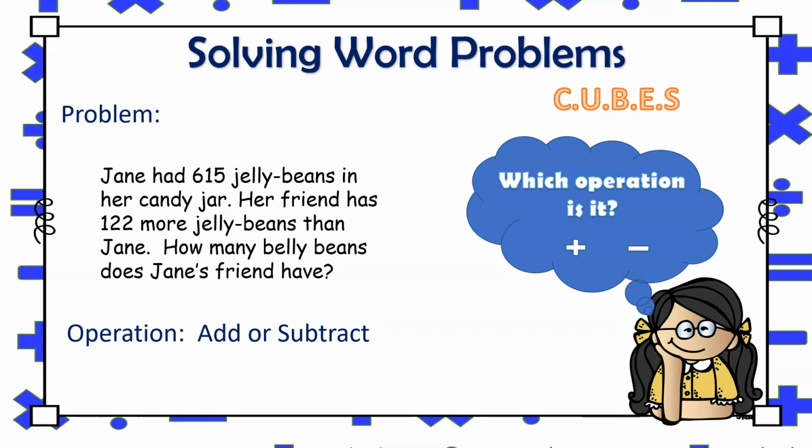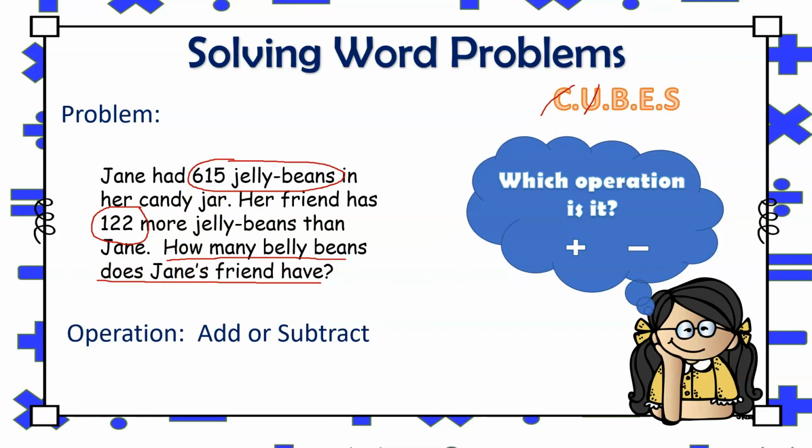Jane had 615 jelly beans in her candy jar. Her friend has 122 more jelly beans than Jane. How many jelly beans does Jane's friend have? After circling the key numbers that will be needed to solve the problem, as well as underlining the question, now